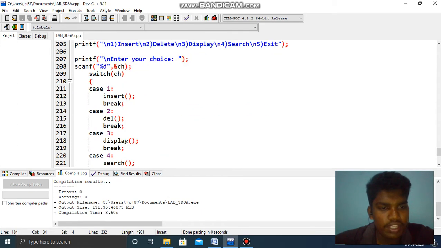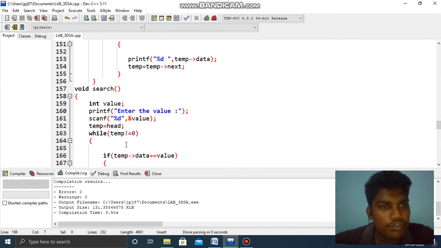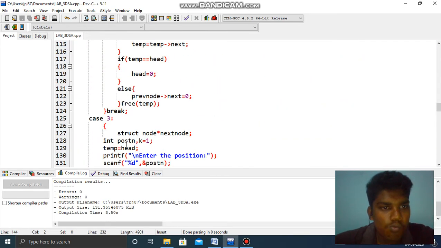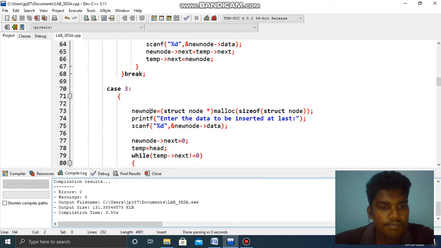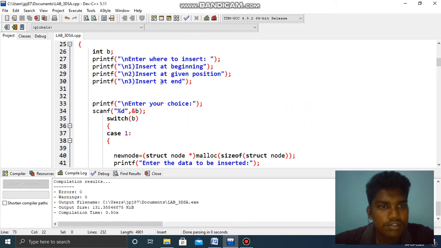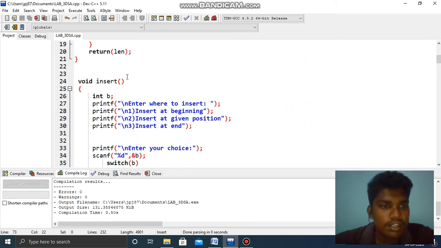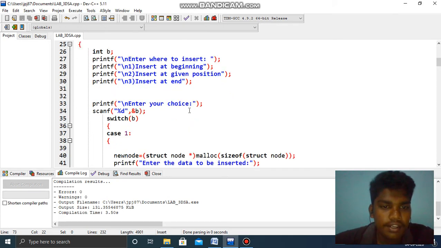First we have insert, so what is the insert? Here is the insert. Insert int b is for choice, because here we have 3: insert at beginning, insert at given position, insert at end. So b is like the choice here.